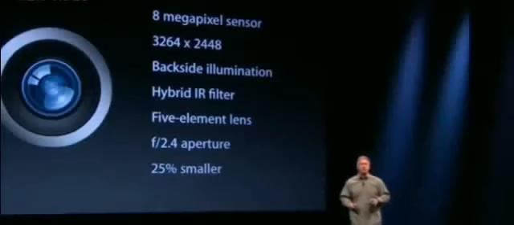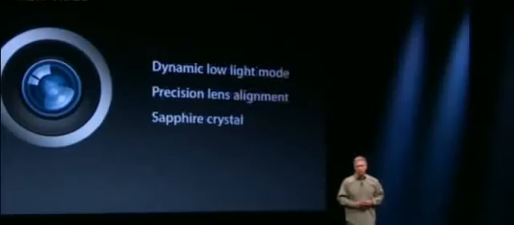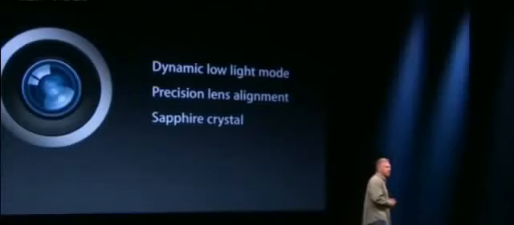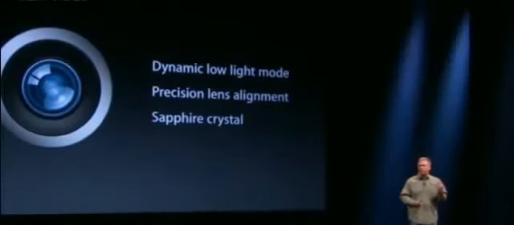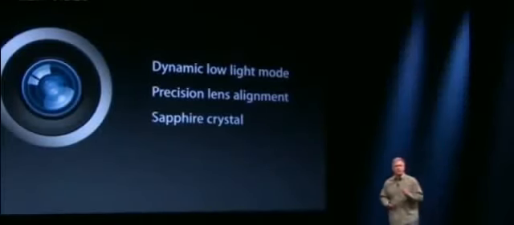And they've done that. They have built in an 8-megapixel sensor, 3264 by 2448, backside illuminated for great low light performance, hybrid IR filter, 5-element lens, and a fast f2.4 aperture. All the things you loved about the iPhone 4S, now in a camera design that's 25% smaller. That was a huge undertaking. But they didn't stop there. They've enhanced this camera even further. A few of the examples of what it has now is a new dynamic low light mode. So when you're in low light situations, the ISP senses that